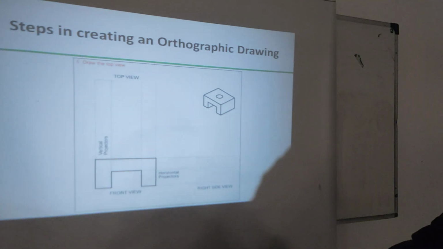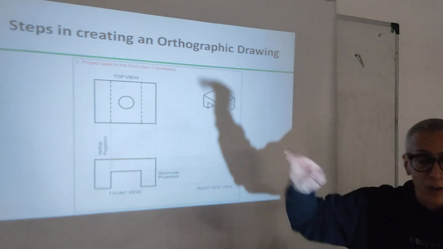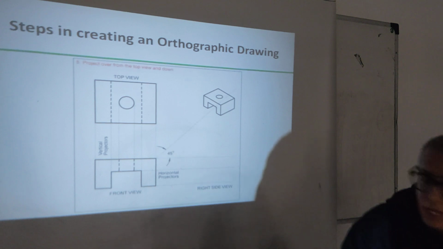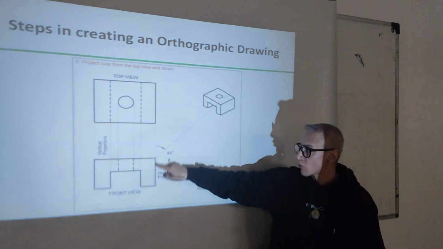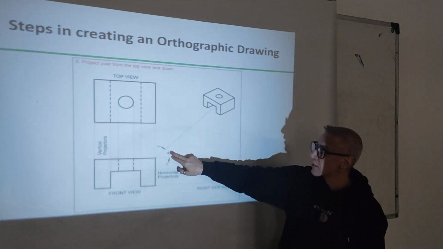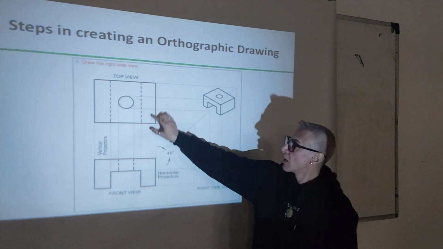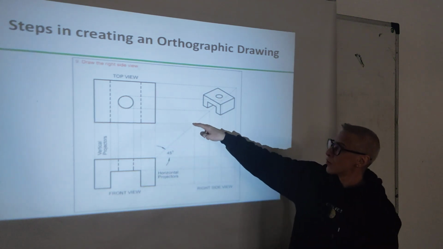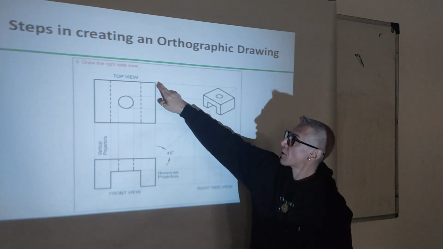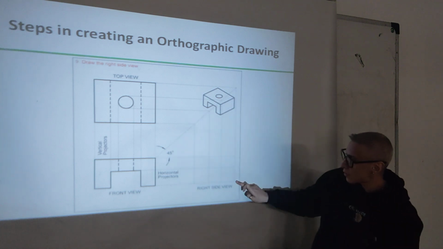Okay? Then you draw the top view inside the box that you already have, and then from the corner, so this could be, for example, here the box, from the corner you take a 45-degree angle line, and then you take from here, when it meets this line, you put it down, this will be the right side view. From here, you take the line until it reaches the line at 45 degrees, you put it down, this is the end.